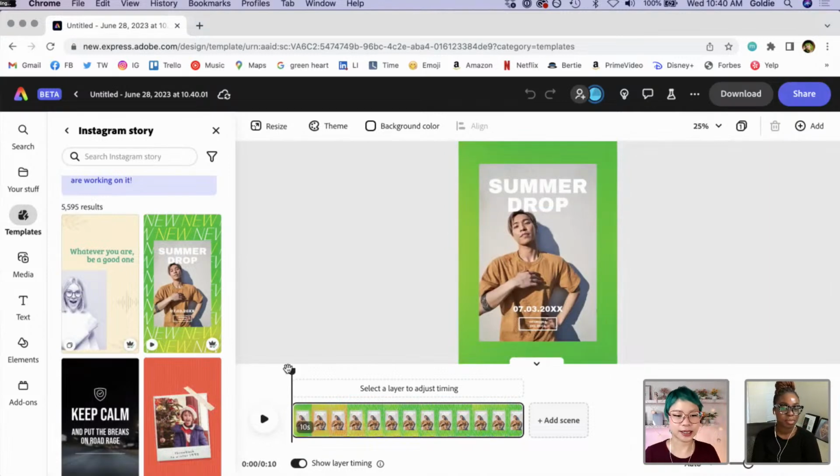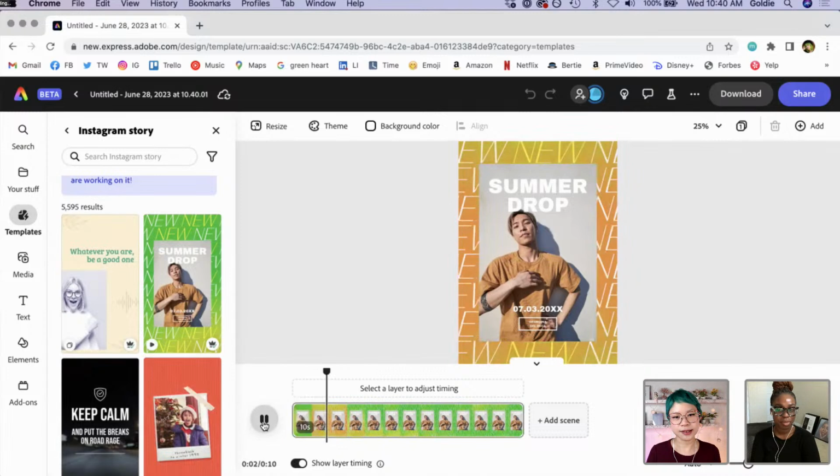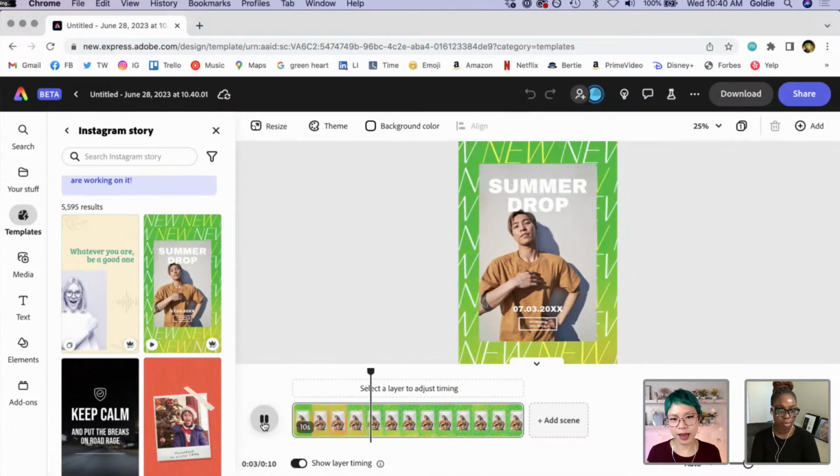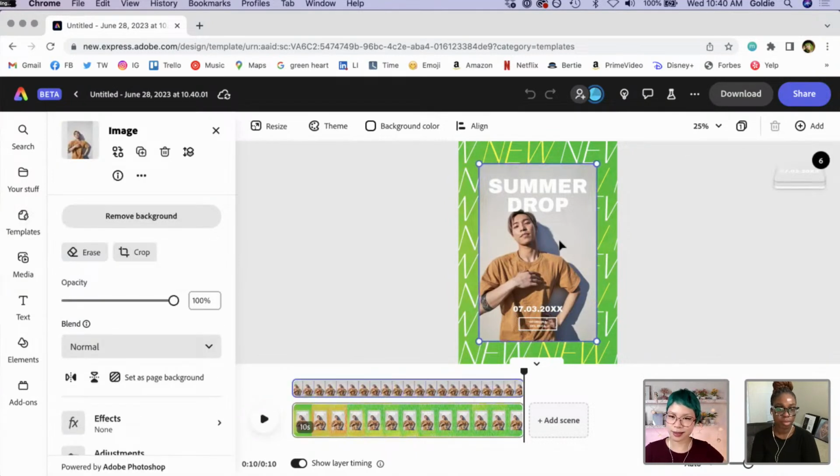And what we're going to do is, first of all, let's just play through this template. I like this template a lot. I think it's really fun and graphic, and it's also really easy. One of the reasons why I picked this template is you have this great image here that we can super easily replace with that amazing thing we just designed. Okay, so let's do that.